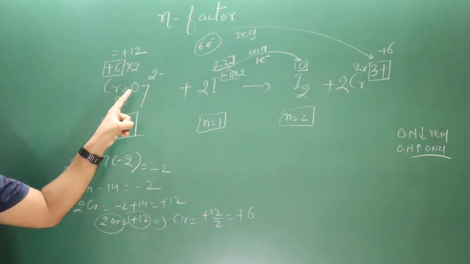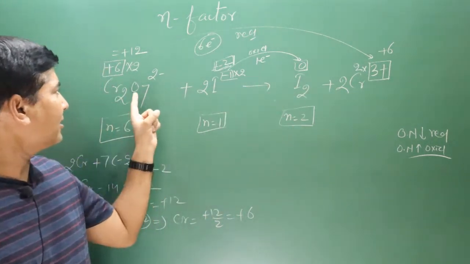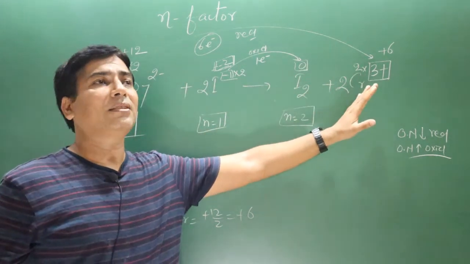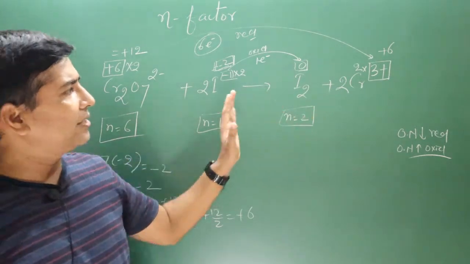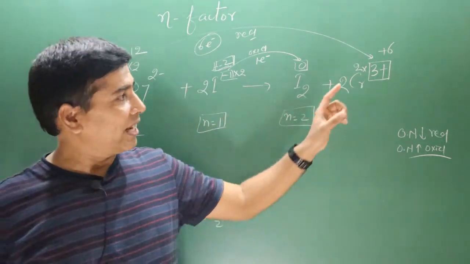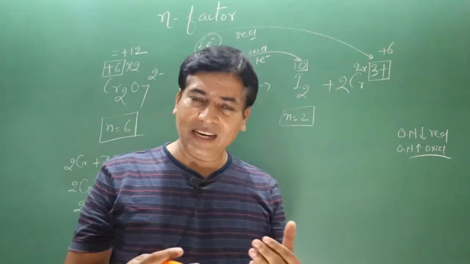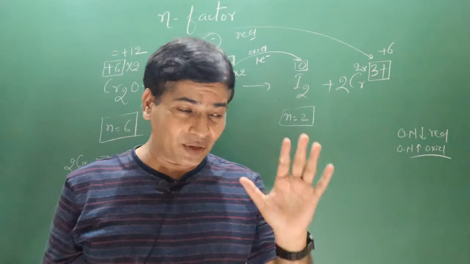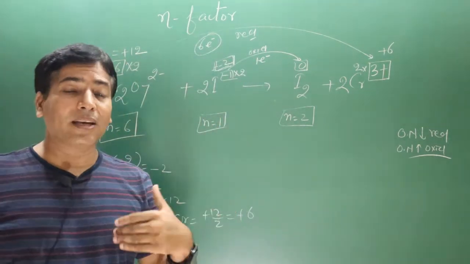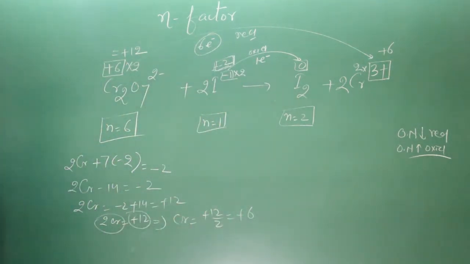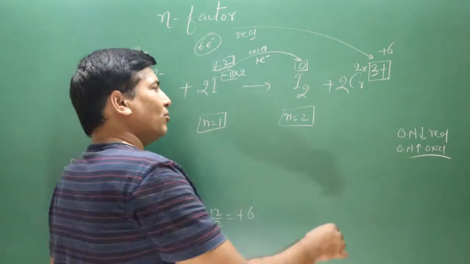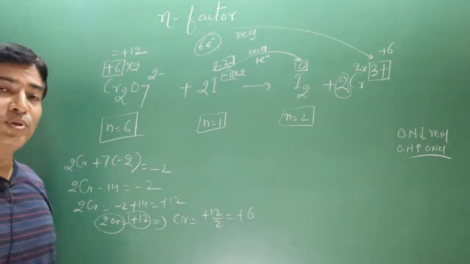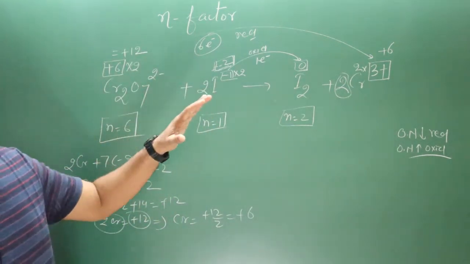We do not focus on oxygen, because oxygen has a -2 oxidation number. On the other side we do not have oxygen. And in general, even if oxygen is there, it will also show -2 oxidation number. The elements which do not show a change in oxidation number, we do not focus on. Only focus on those elements in which there is a change in oxidation numbers. We also do not focus on the coefficients given in the equation.